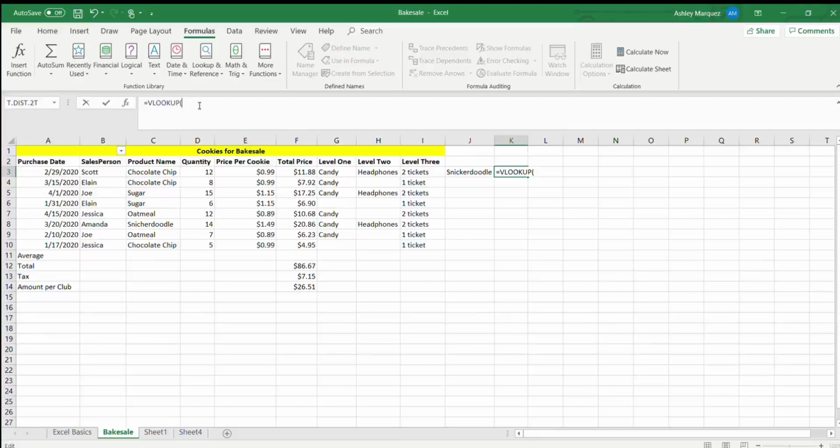So after you write VLOOKUP, parentheses, the first value is going to be what you're going to look up. So I'm going to click on C8 because I'm going to be looking up snickerdoodle, and I need to correct that. Okay, comma, the table array. So this is a range of cells that you would like this value to be looked for in. So I would say this would be a good range. Okay, comma. And then you're going to write the column. So from this table array, this is column 1 and then this is column 2. And so I'm going to write 2 because the value I would like to be sent back to me is